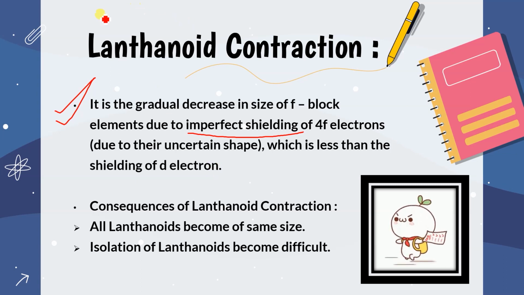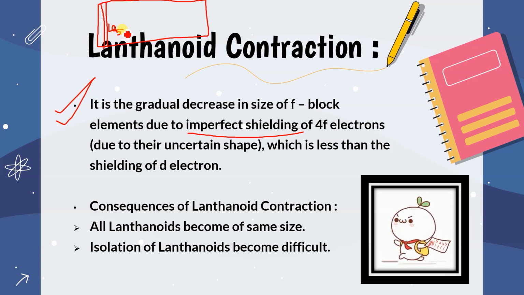Let me explain this lanthanoid contraction in the form of the periodic table. If I'm talking about the periodic table, suppose that this is the periodic table. This is group 1. We don't have to discuss. This is group 2. Again, don't have to discuss. Here, this is group 3, which is lanthanum 57. This is 57, isn't it? And then after, group 4 comes, in which hafnium 72 is there.